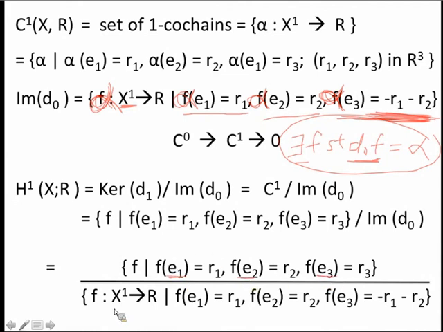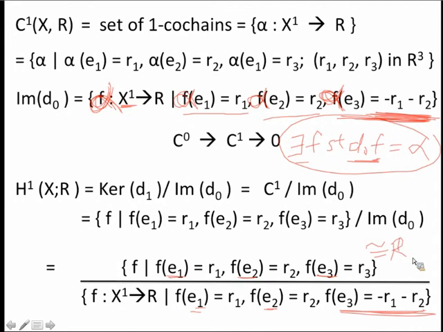I mod out by the image, which is my collection of functions acting on the edges, such that if I know where E1 and E2 go to, then E3 must go to here. So in other words, we mod out by it; it doesn't matter where E1 and E2 go to, we only have the restriction on E3. And so this is, again,